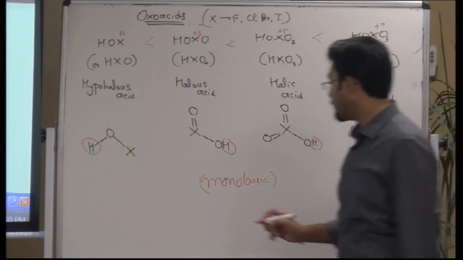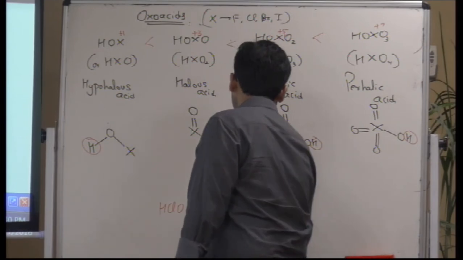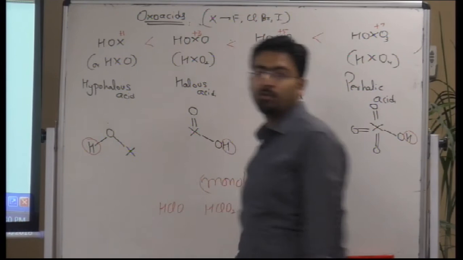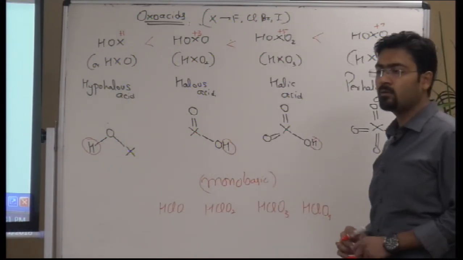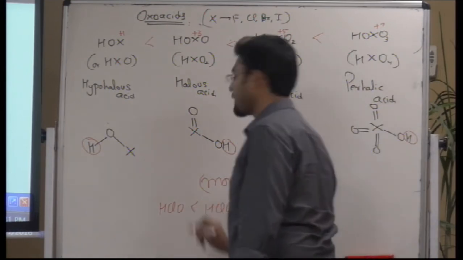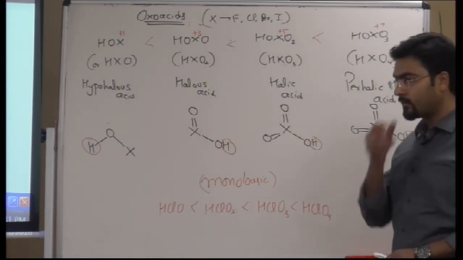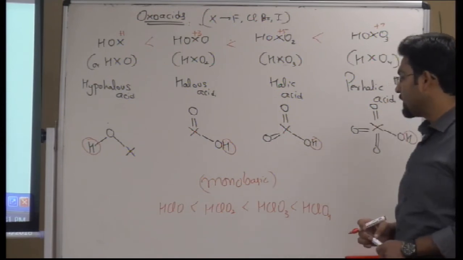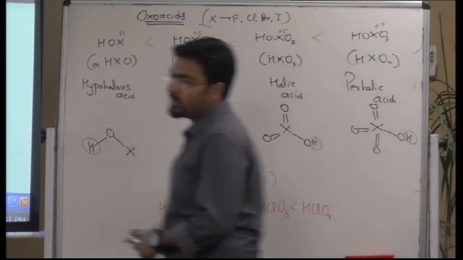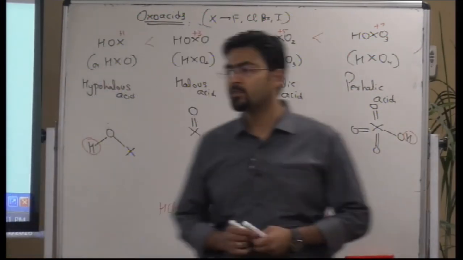So if I have, for example, 4 oxoacids, HClO, HClO2, HClO3 and HClO4, which one will be the most acidic amongst all? HClO4. So as the oxidation state of the central element of the oxoacid increases, the acidic strength of the oxoacid increases, except in case of